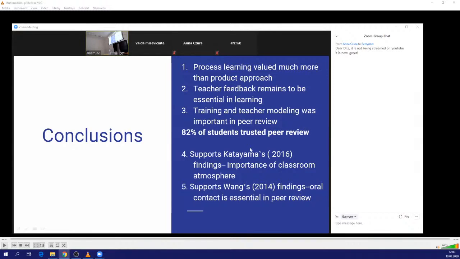And the other thing was obviously Wang's findings that oral contact is essential in peer review. Again, in the classroom, my students are forced to talk for 20 minutes about each paper, and I can see them. I see them really engaged. I see them really looking at slides and sharing ideas, and it's something really beautiful where some people are saying,